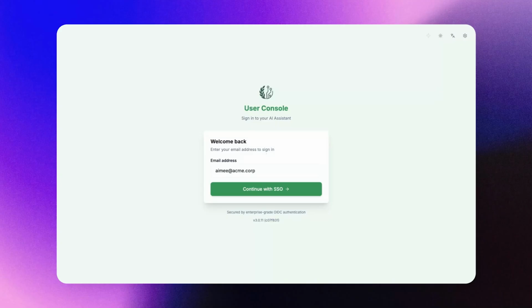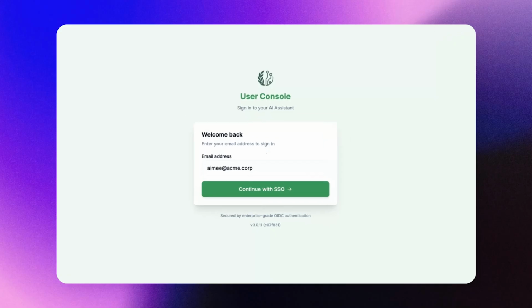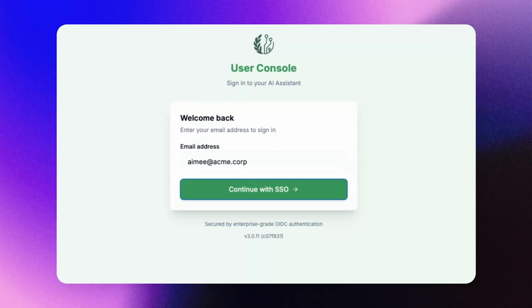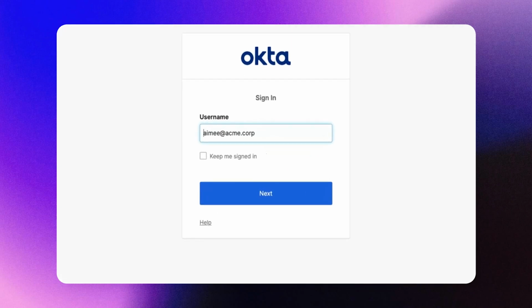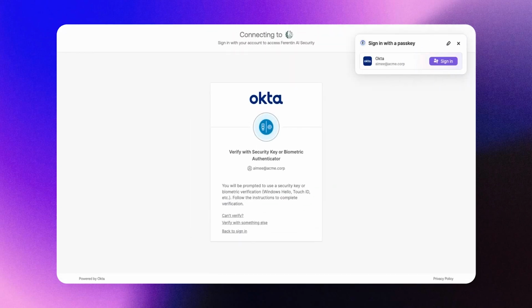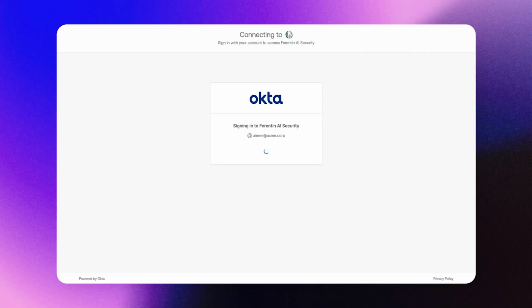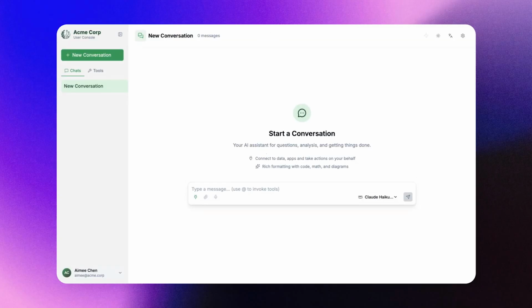I'm going to access the Secure Workforce portal, specifically the Ferentin User Console, using a web browser. I've entered my corporate email address, and by selecting Continue with SSO, I'll be directed to my organization's Okta IDP. Depending on the setup, other tenants may require corporate Entra ID, Ping ID, or even Google Workspace for authentication. Whatever authenticator is configured in the IDP, I'll use to verify my identity and get redirected back to my user